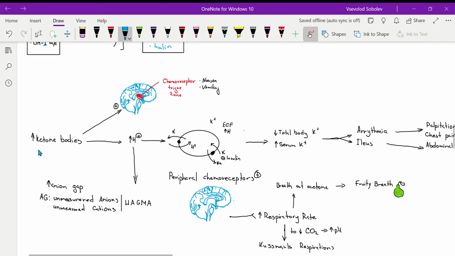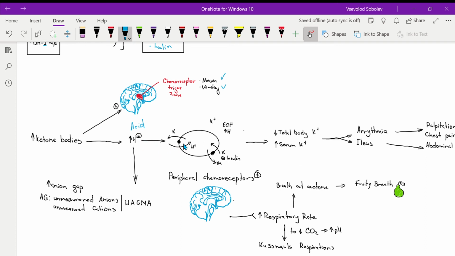So ketones, together with hydrogen, will stimulate the chemoreceptor trigger zone in the brain, in the thalamus, to cause nausea and vomiting. Also, ketone bodies eventually are broken down, and they release hydrogens. Free hydrogens is acid. So the body tries to reduce the acidity by